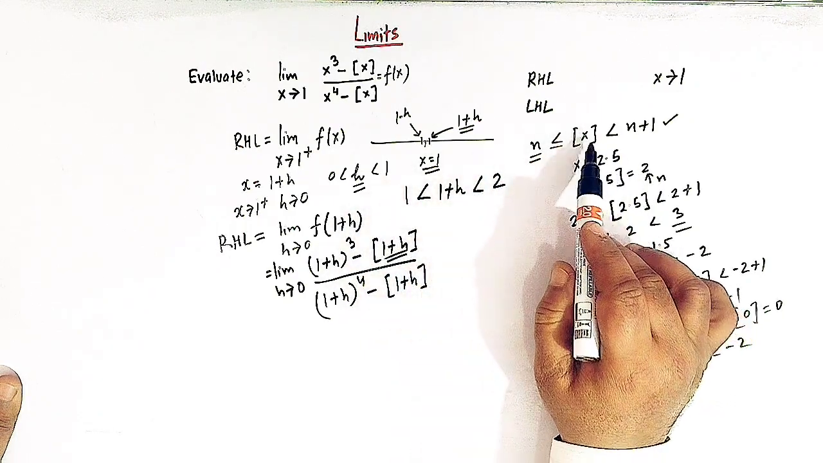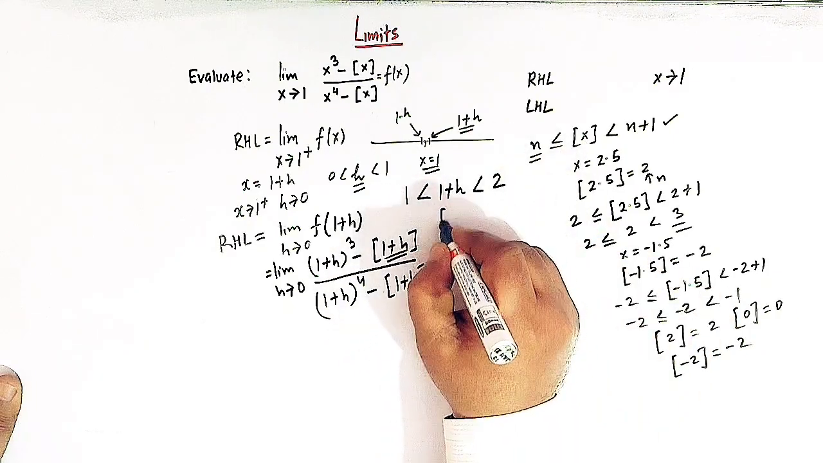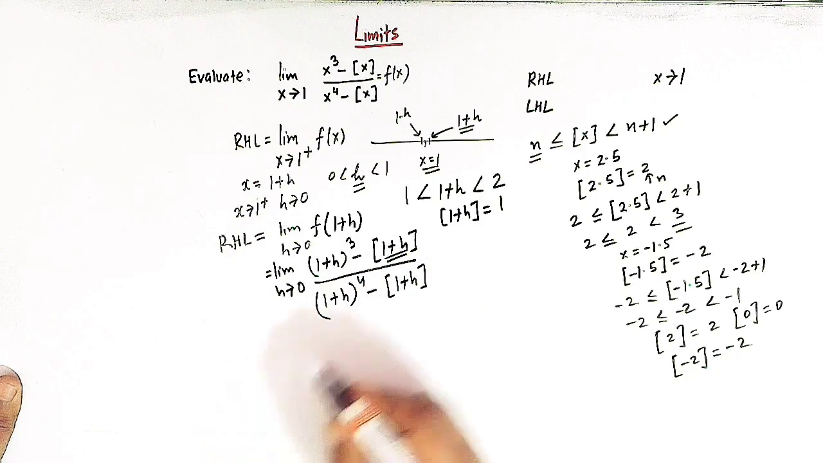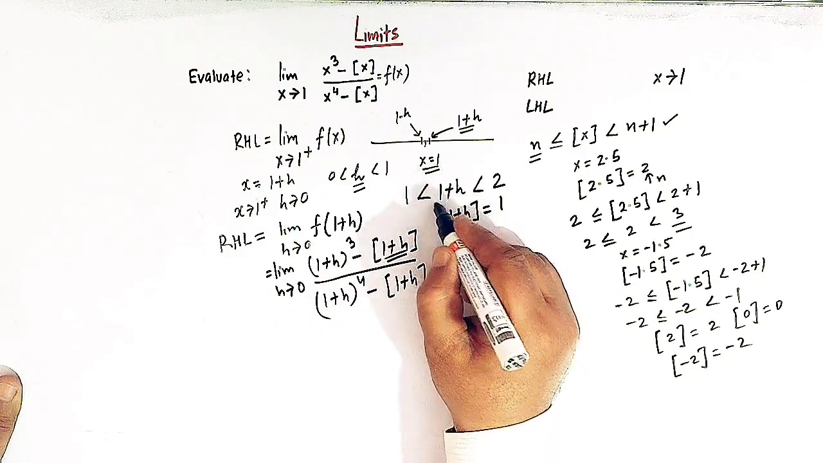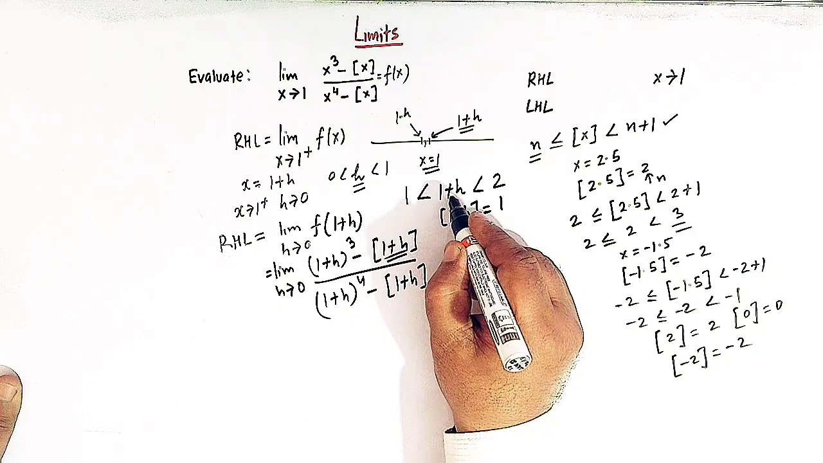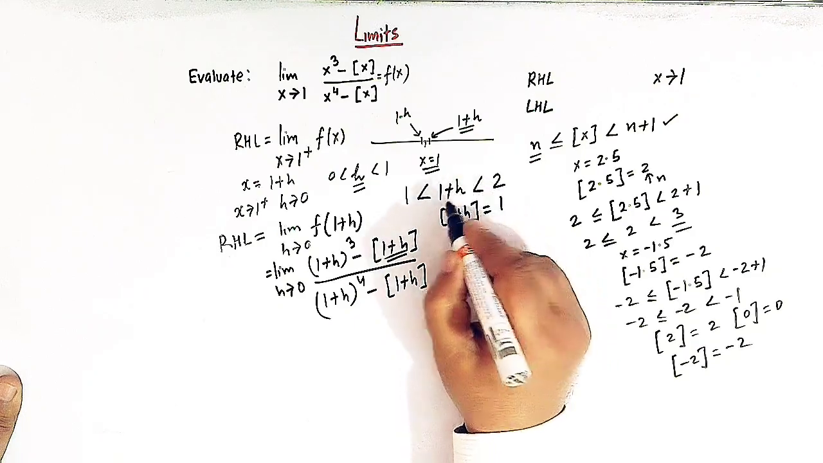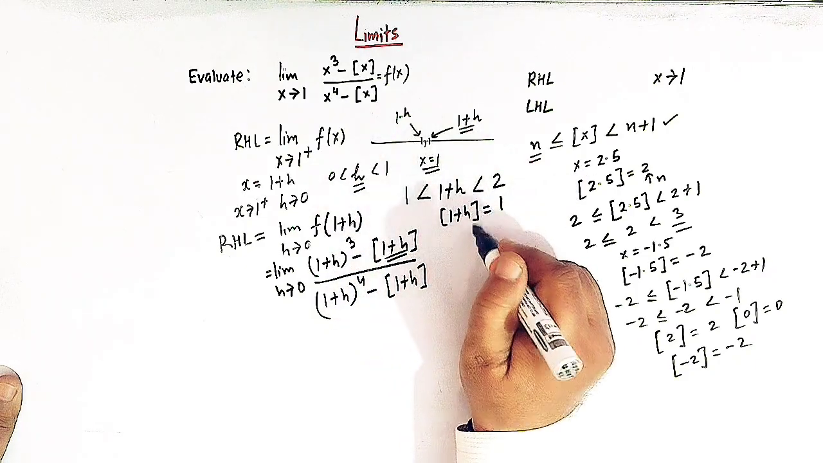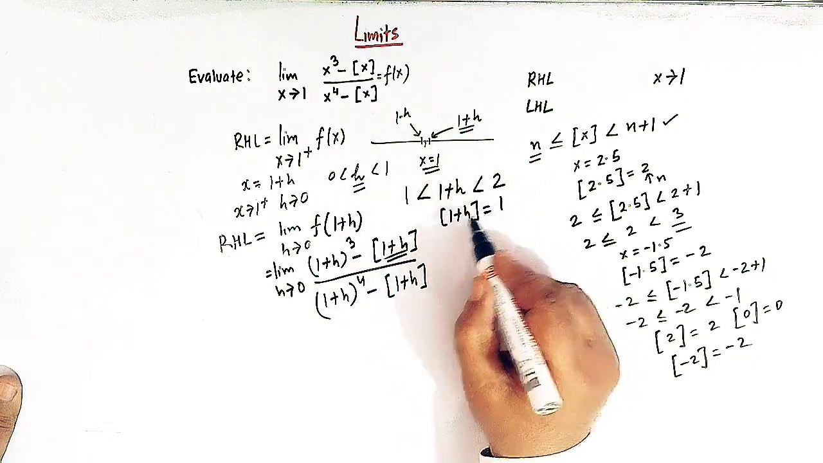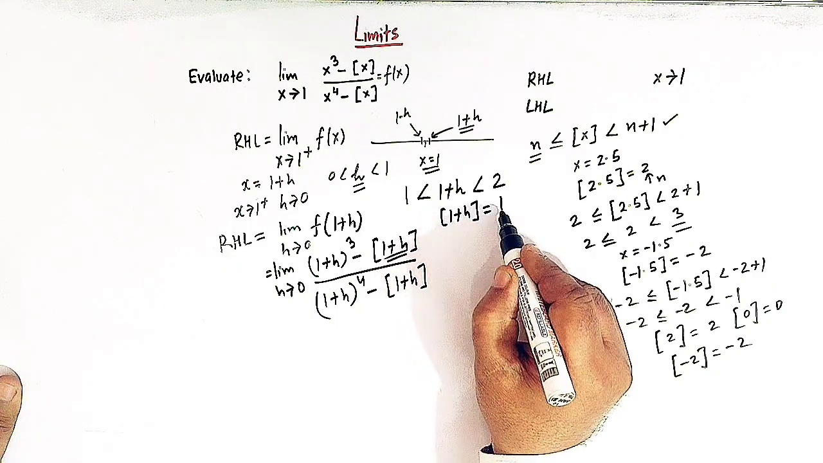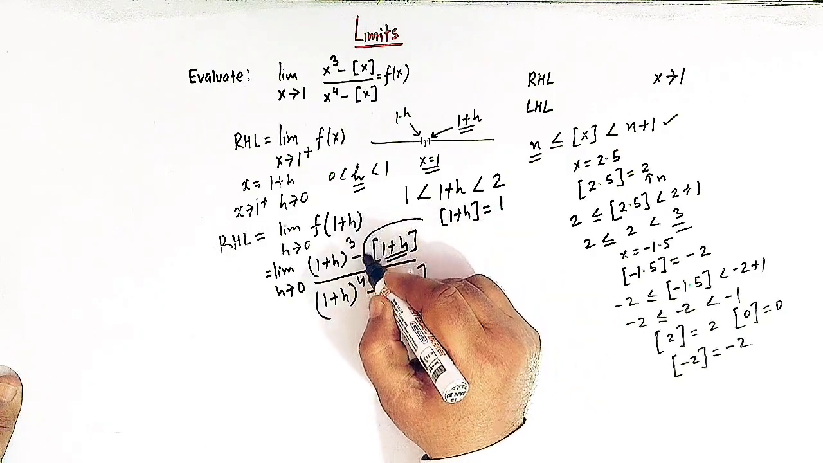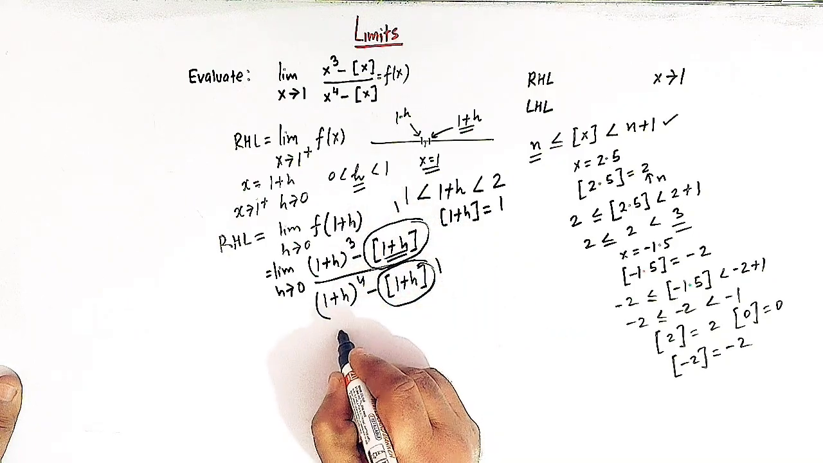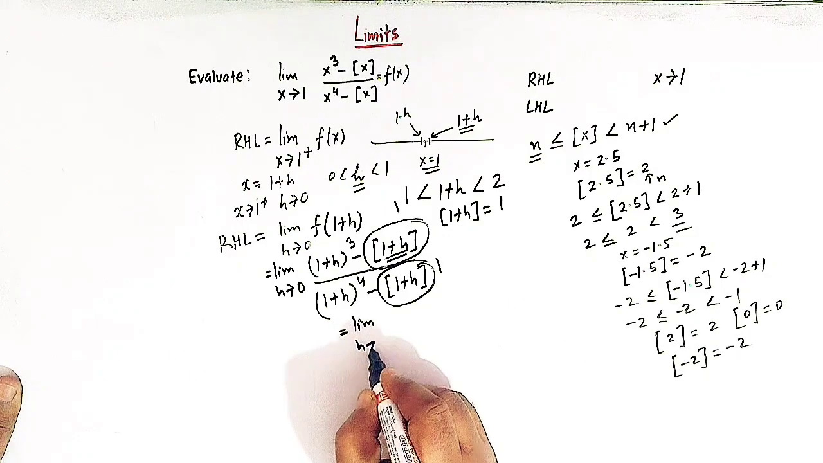So by definition of the greatest integer function, the greatest integer of 1 plus h should be equal to 1, because 1 plus h is slightly greater than 1 and it is less than 2. So 1 plus h lies between 1 and 2. So the greatest integer that is less than 1 plus h is 1, right? So replacing this quantity by 1 and this quantity by 1, we can now write